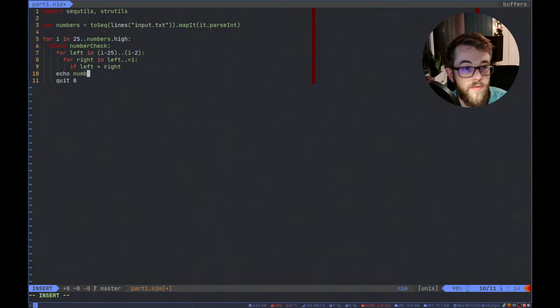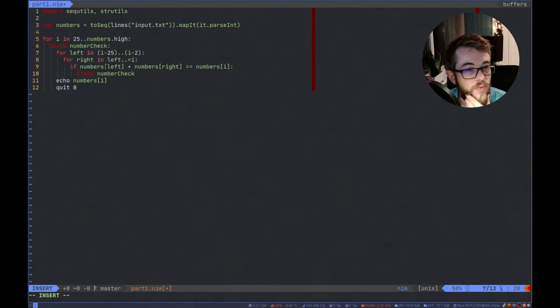Oops, I want to echo out this, left and right, and this should of course be numbers left plus numbers right. If that equals numbers I, then we break out of the number check.